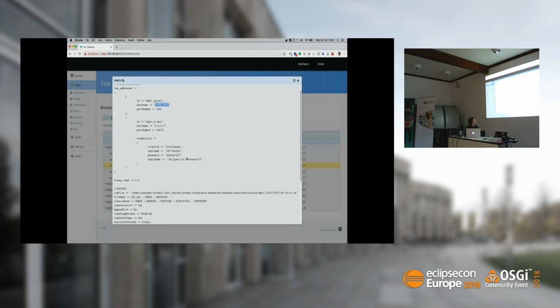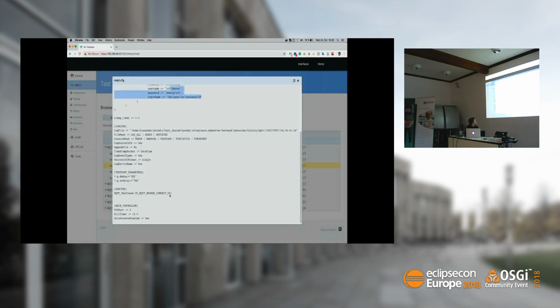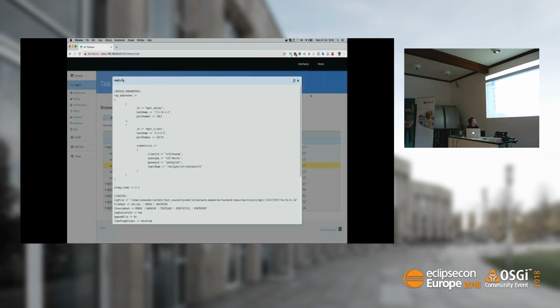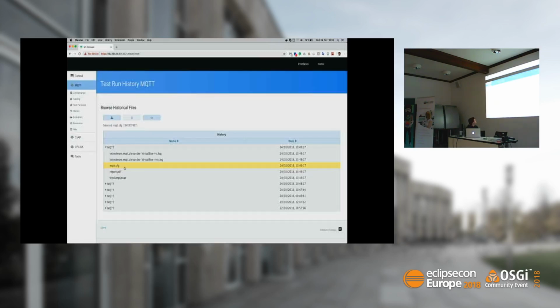We have the configuration here which we gave with the credentials, and of course the test case which we executed. So you can check your tests afterwards. Of course, you have basic report generation, which replicates the tests we have seen as a PDF. So you can have it printed out afterwards, do whatever you want with it.